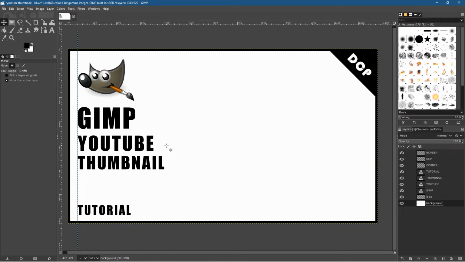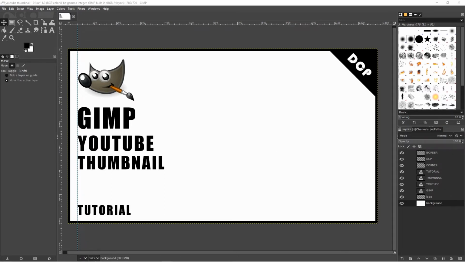And I'm quite happy with this so far. So let's press Ctrl S to save. Okay, we can see our background is just this plain white color, and I would like to add a photograph